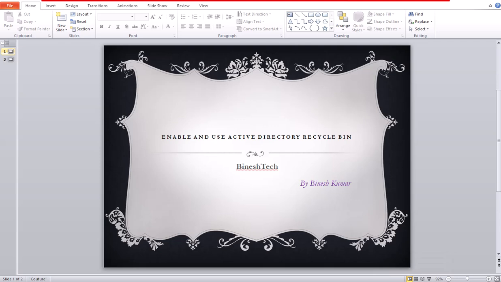In this video, we will learn how to enable Active Directory Recycle Bin. Active Directory Recycle Bin allows you to restore deleted Active Directory objects. You can recover the objects in the state they were in before deletion. For example, restored user accounts automatically regain all group membership and corresponding access rights that they had before deletion, within